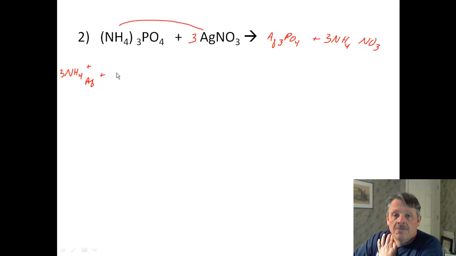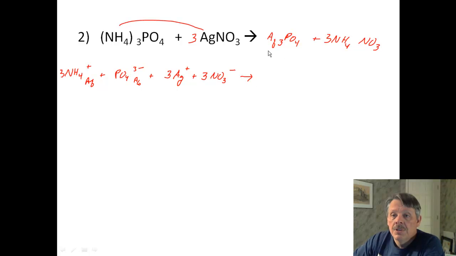And I have phosphate, and I have one of those, which is PO4. It has a 3- charge, and it also is aqueous. And I have silver nitrate, so I have 3 silvers, and those 3 silvers are all positively charged. And I have 3 nitrates, and those 3 nitrates are all negatively charged. And that produces